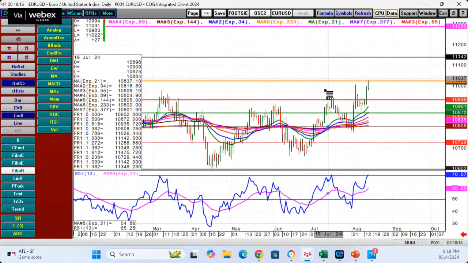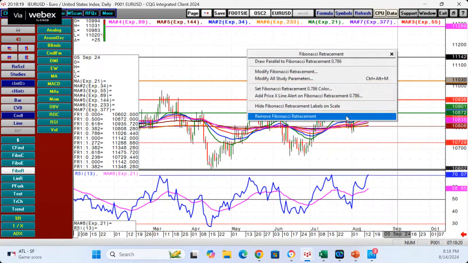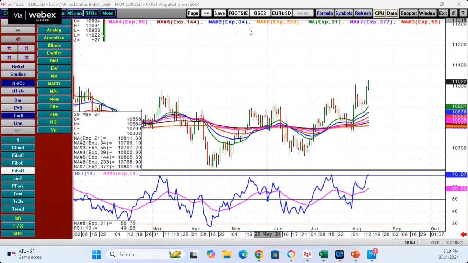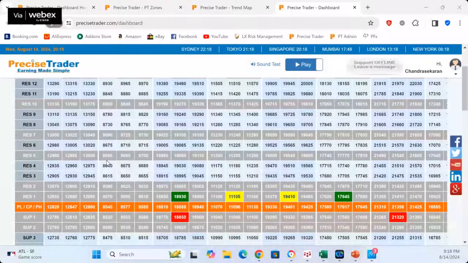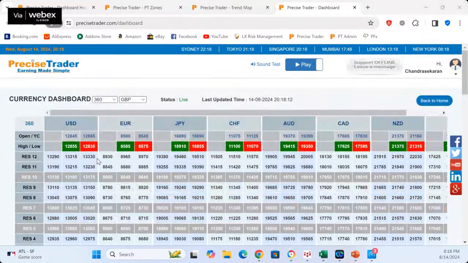Okay, so now coming back to the pound. Now we are going back to the pound. Just to show you, so at least you can see the trade with confidence. Now, the stop loss we are going to put below 20. So we put it at 128.15.